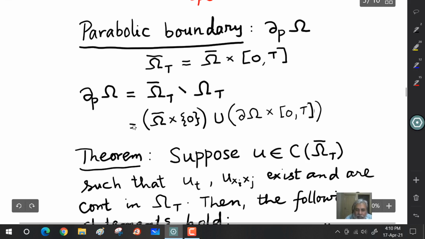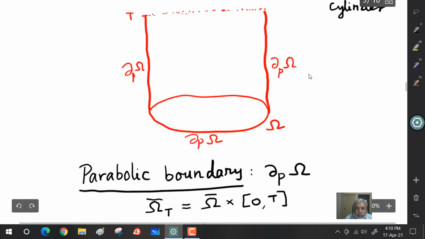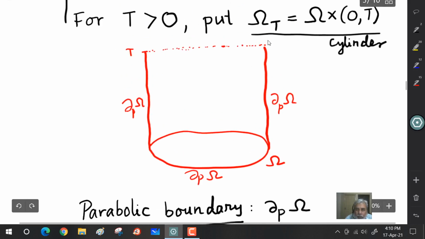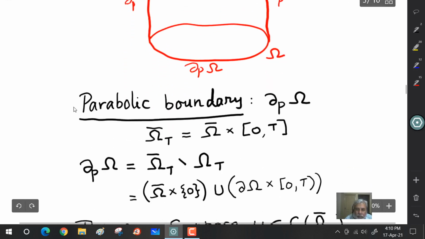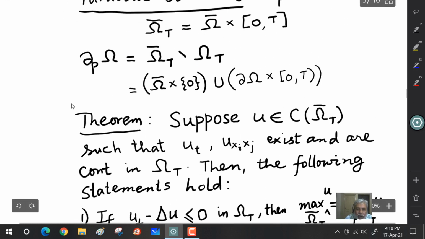In set theoretic notation, you avoid this line t equal to t, that part, and you consider this part, and the bottom. You leave the top of the cylinder. You consider the other three sides of the cylinder, and that's called the parabolic boundary. And the result is